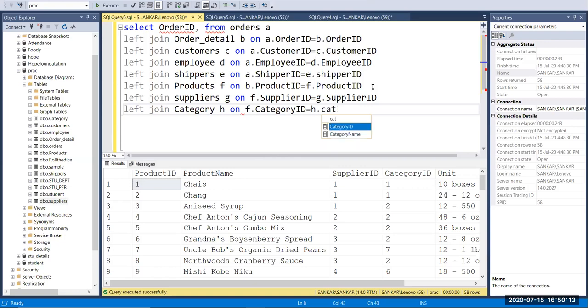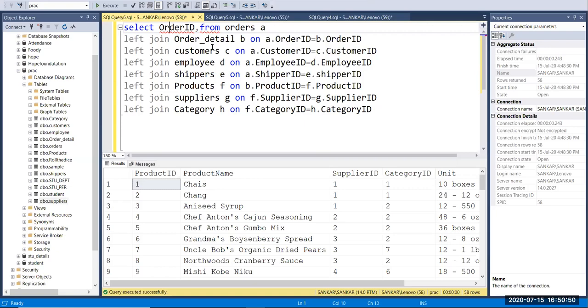So now you have connected the entire set of tables into a single query, right? Now you can specify your columns. Okay, so if you want to print common columns like order ID, shipper ID, customer ID. Okay, so order ID is in two tables, right? In that kind of situation we have to mention where I want to grab the order ID data.